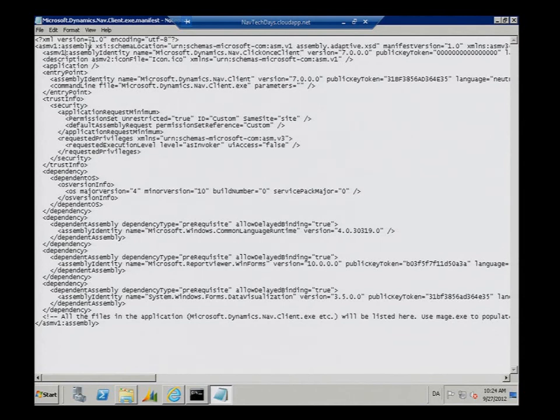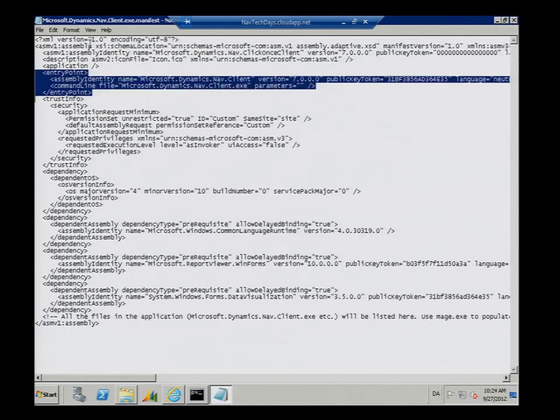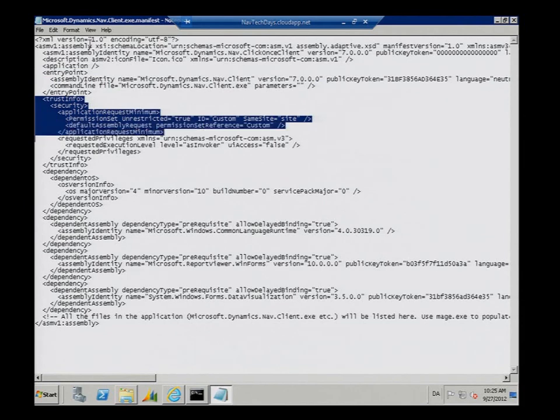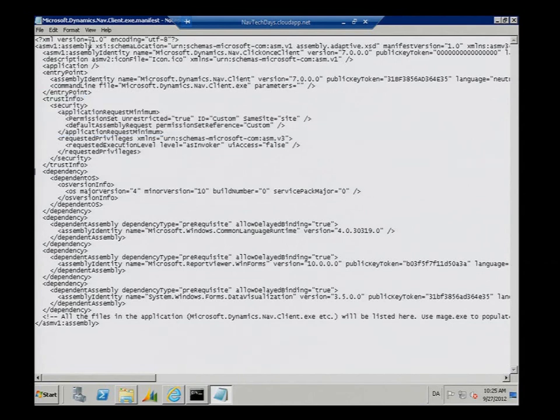Then it has the icon that will be shown during the installation process and in the start menu after it has been installed. It's an entry point. So what should happen when all these files have been copied to the end user machines? Well, it should run the client executable. Something about trust here. And we are running with full trust, which is the same as when you install in the traditional way. Some dependencies.